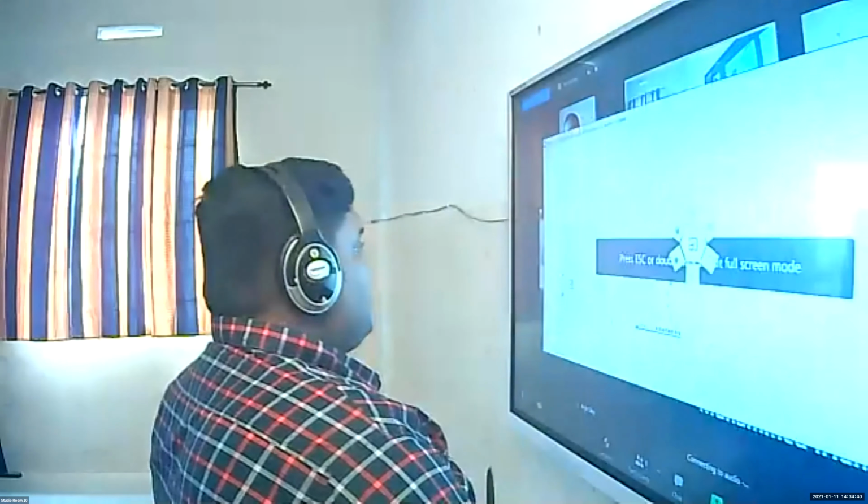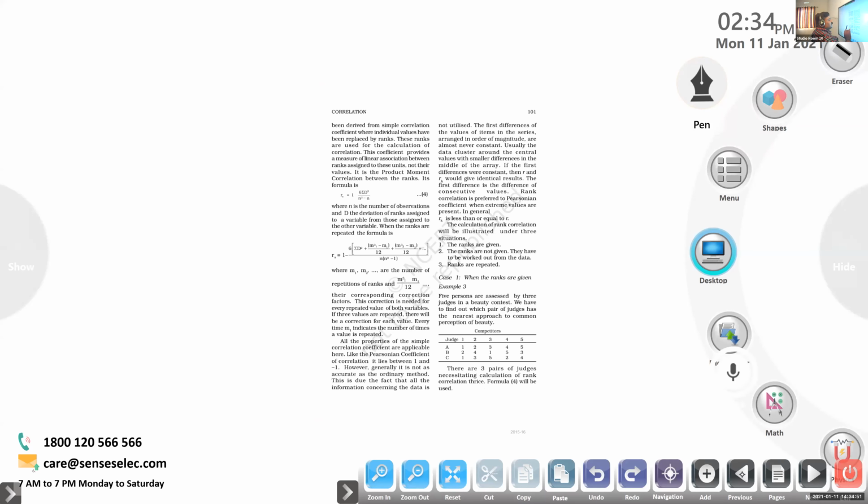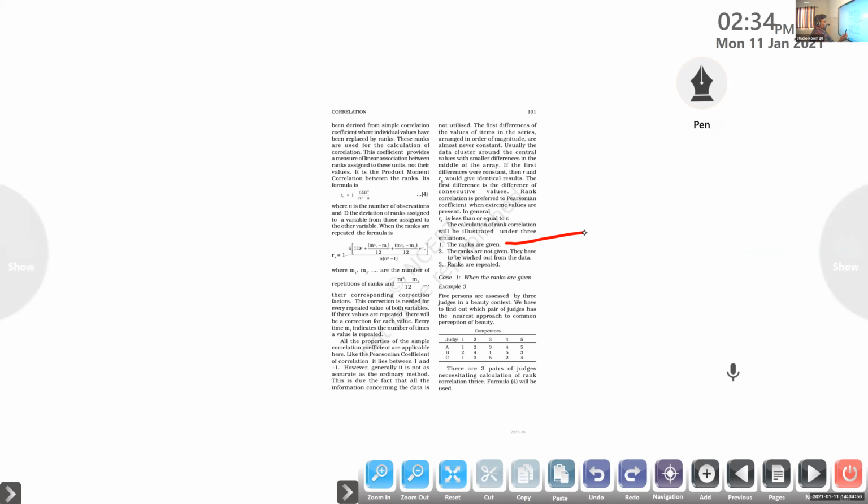Okay, so just back to your textbook. In the morning session, the first one, there are 3 methods we know. We can calculate the Spearman's rank correlation by using these methods. When the ranks are provided in the question, we can calculate with a direct equation. If no ranks are given, first you want to calculate them and use the equation provided, that is equation number 4 here. Rs is equal to 1 minus 6 sigma d square divided by n cube minus n. That is the fourth equation.